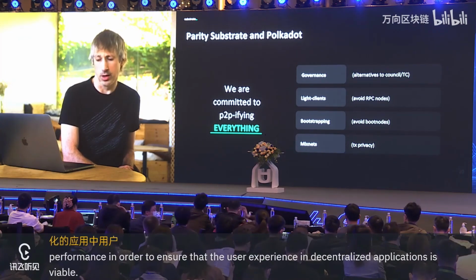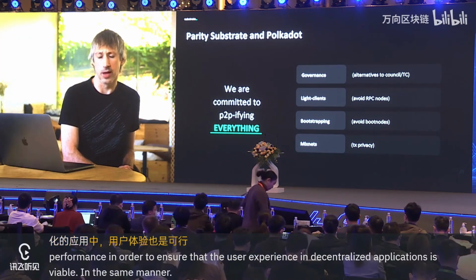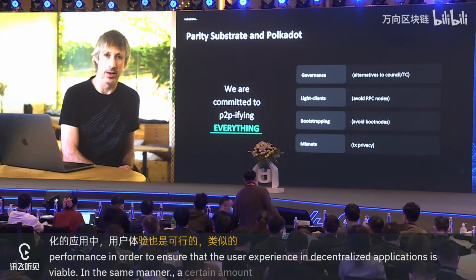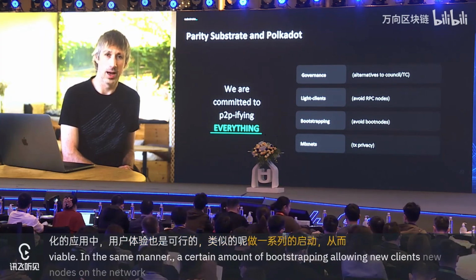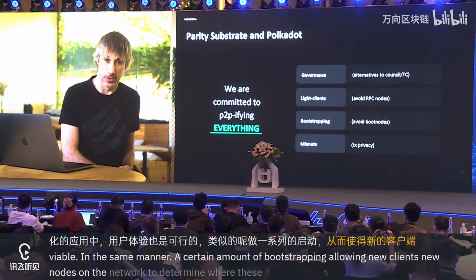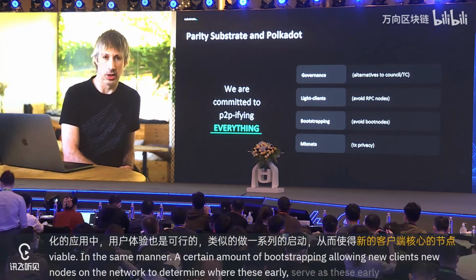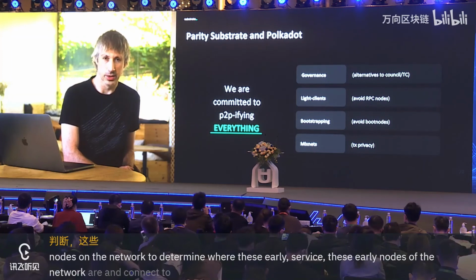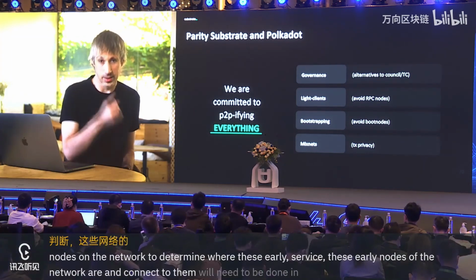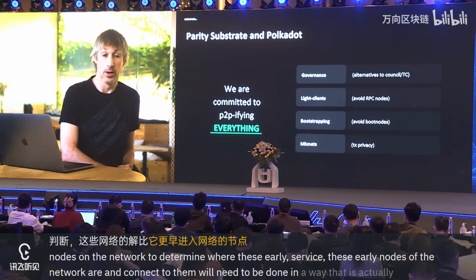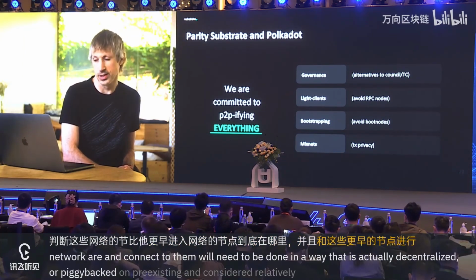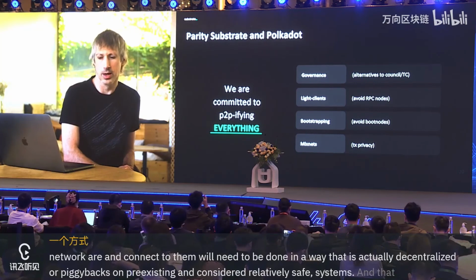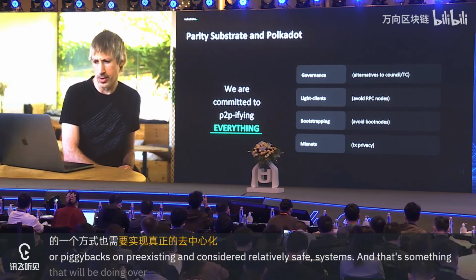In the same manner, a certain amount of bootstrapping, allowing new clients, new nodes on the network to determine where these early servers, these early nodes of the network are and connect to them, will need to be done in a way that is actually decentralized or piggybacks on pre-existing and considered relatively safe systems. And that's something that we'll be doing over this next 12-month period.